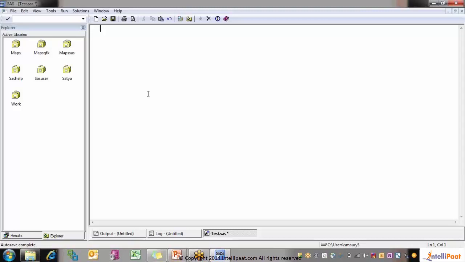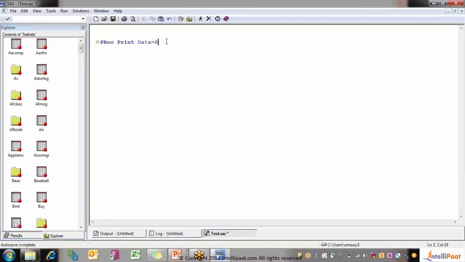In order to write comments here in SAS, there are multi-liner comments as well as single-liner comments. Let me first write some code. Proc print data, and I'll go back to the library SASHELP. I'll print the data SASHELP.baseball. I will end my statement with a semicolon. I will write run. I know that this is going to print the data set baseball, but if I write like this,